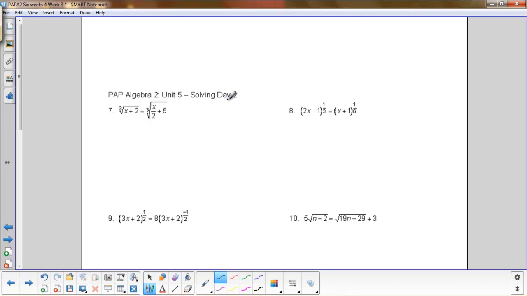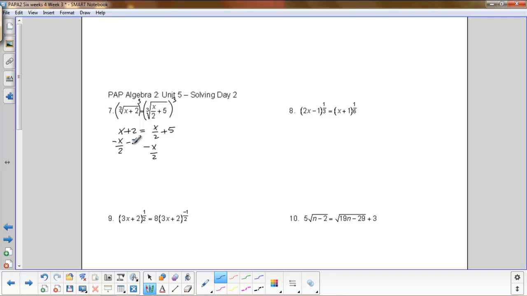Question number 7. Alright, it doesn't matter whether the index of the radical is 2, 3, 4, or 5. We're simply going to raise it to whatever power it takes to get that radical to go away. So we'll be cubing both sides here. x plus 2 equals x over 2 plus 5. I'm going to move the x over 2,